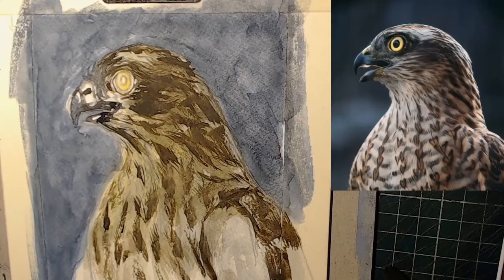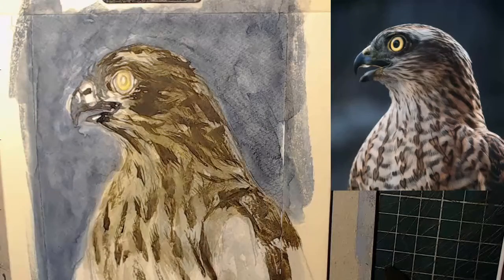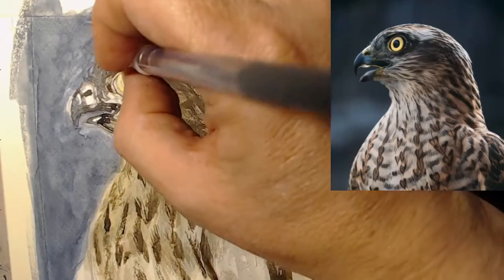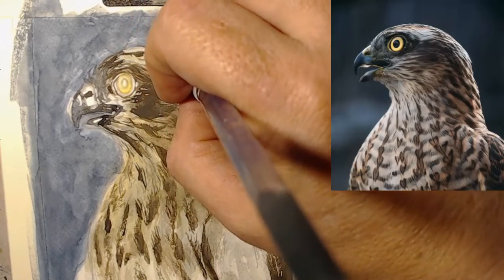fortunately the area around there is white, very light. So what I'm going to do is get some of my white gouache and round there and go